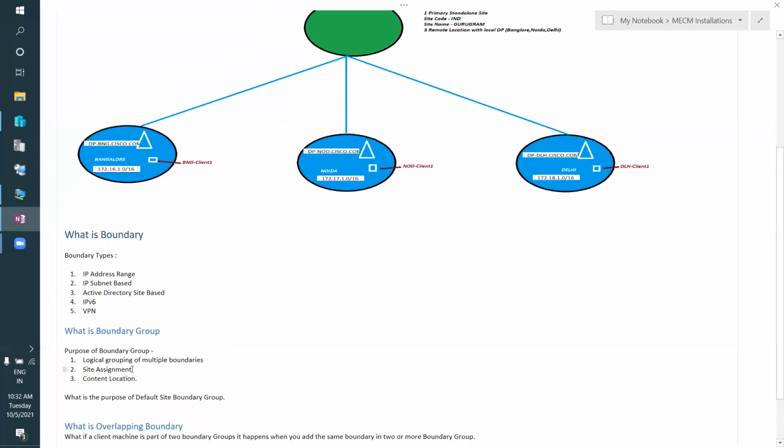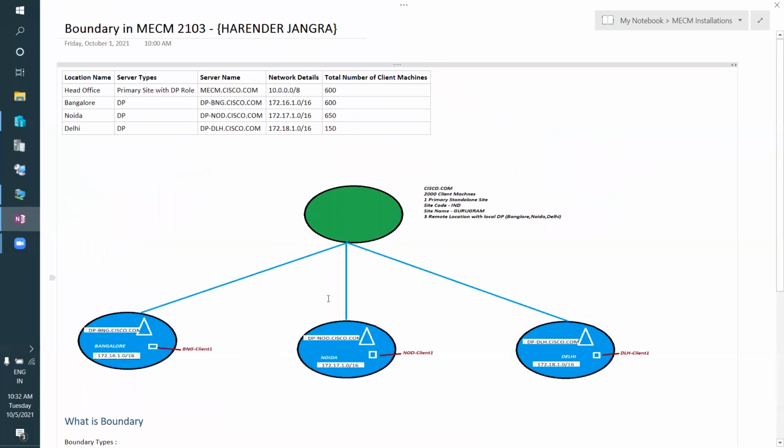The second is site assignment. For example, in your hierarchy, you have a central site and you have multiple primary sites. Based on the boundary group, your client machine can understand, when we install the SCCM client agent, which site code it needs to pick. Because if you have multiple primary sites, then definitely you will have multiple site codes.